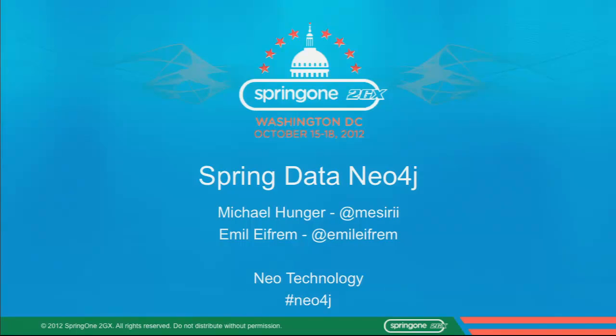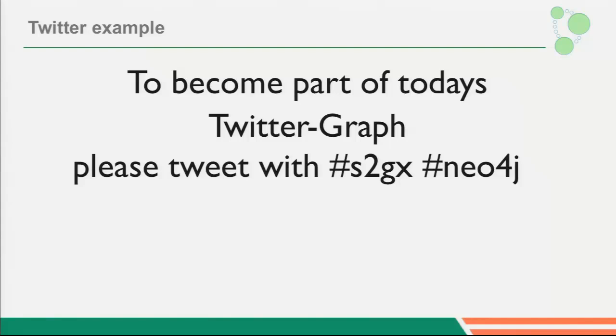But first off, I want to set the ground rules for this talk, because I have very specific and strict ground rules for all of my talks, and they're the same. I do not want your undivided attention. We're all online. The Wi-Fi here works sometimes, occasionally. It's occasionally consistent, right? So if you have feedback, if you have any questions, feel free to either raise your hand and just ask them ad hoc, or tweet about it. The only thing that I do ask is that you use the Neo4j hashtag, and in particular, I want you to also tag it with S2GX, because we're going to have a little fun with that later on.